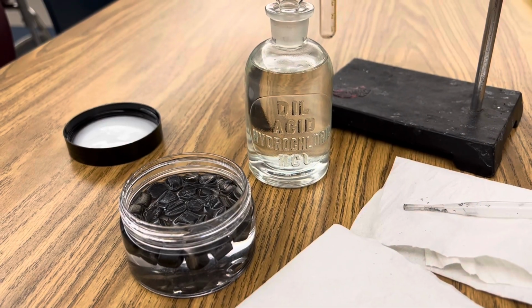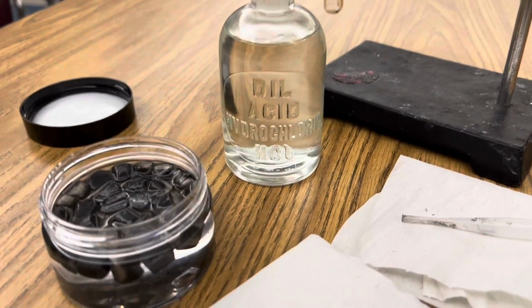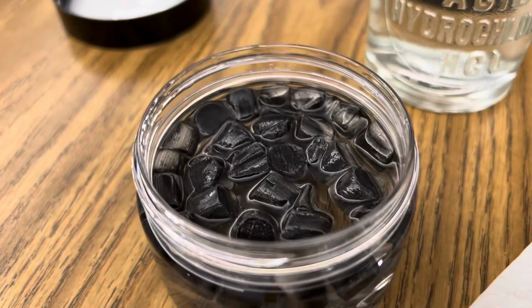A few weeks ago, we did a single displacement reaction using lithium and water, which of course makes lithium hydroxide and hydrogen gas. But today I want to show you a reaction between lithium and 12 molar hydrochloric acid. Check this out. So for this reaction, I'm going to use 12 molar hydrochloric acid, some lithium that I'm storing